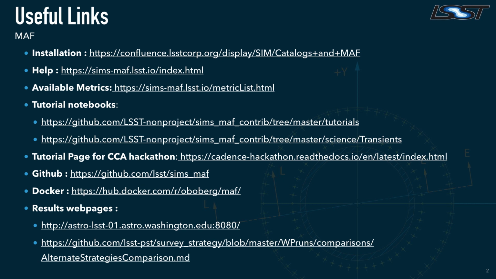and then at the very bottom there are these two links that I give to results web pages. And so this first one has all of the MAF output that we created for the white paper runs. You'll see there are these web pages that have everything that you'd want to know about the runs. We run this huge batch of metrics on them, and so that's great for that. And the second link has a table of all these runs that we did, and it also has some very basic comparisons of the various runs to the baseline. So those are good places to look to get a very large overview of everything that we produced,